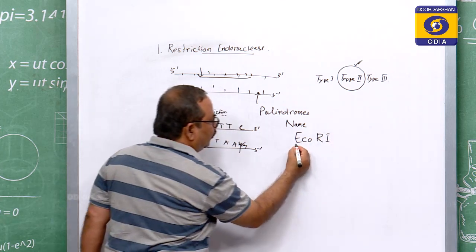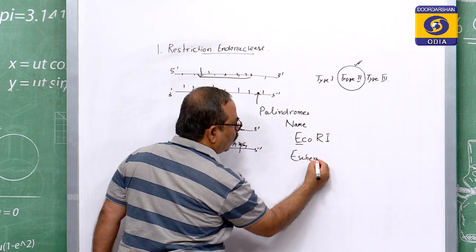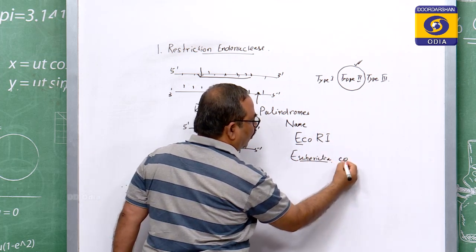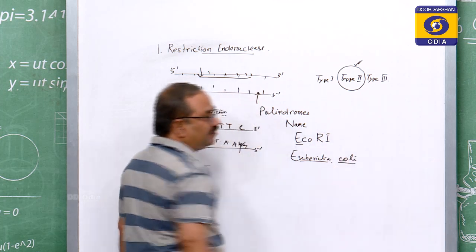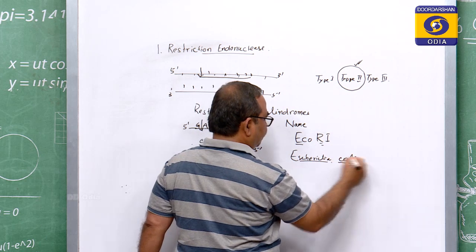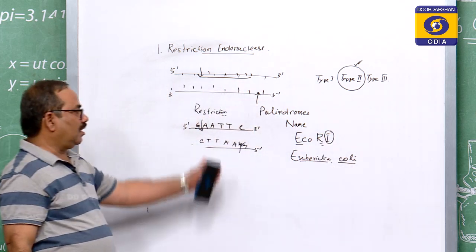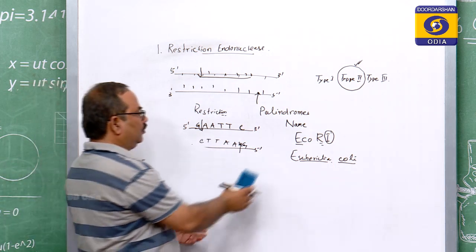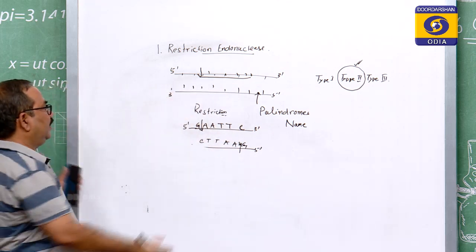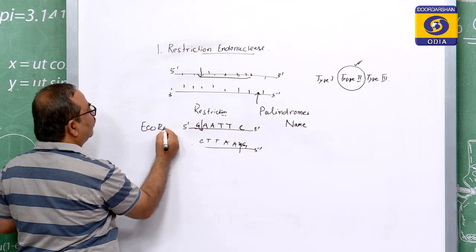So, E comes from the bacteria Escherichia, CO comes from the species name coli, and R is the strain, and 1 is the first that has been derived from this bacteria. So, this is referred to as EcoR1,